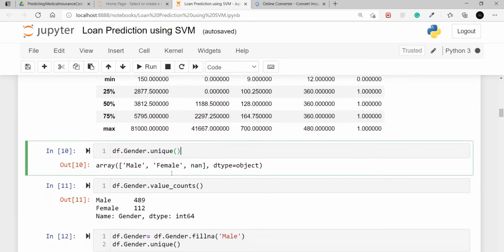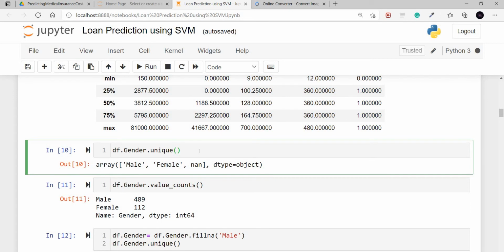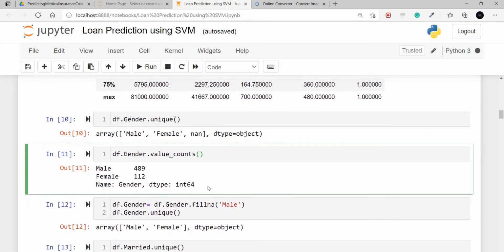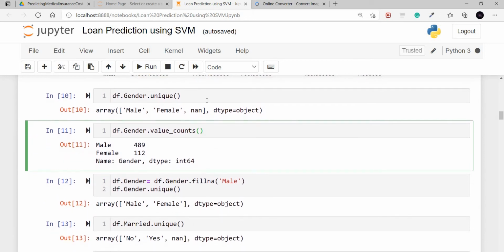Now if we see the unique values in the gender field, we can see male, female as well as NaN. So we have empty values in the gender, so we have to fill them with something. We cannot fill the data using the median function because we don't have integer values here, we have string values.